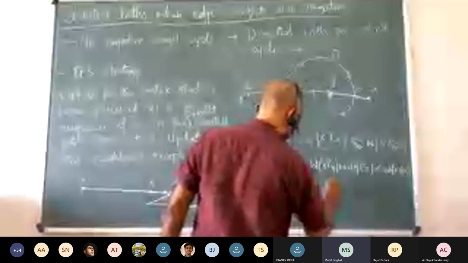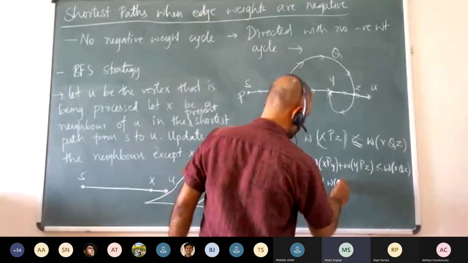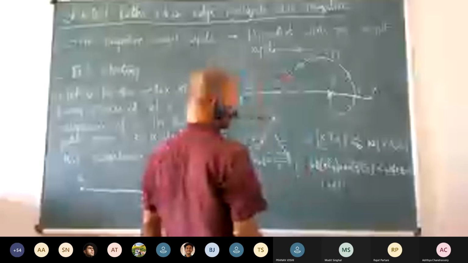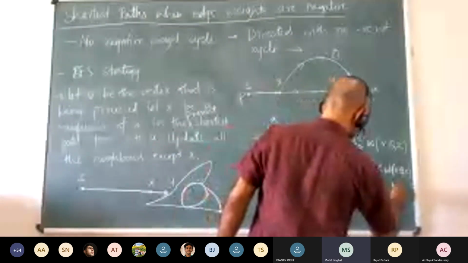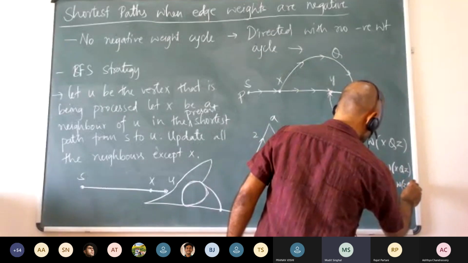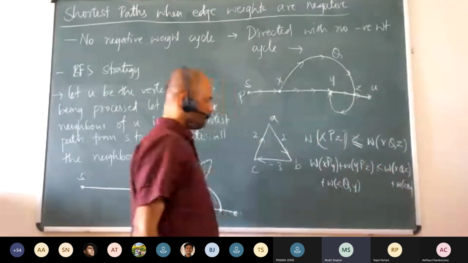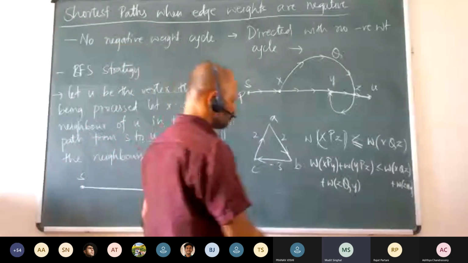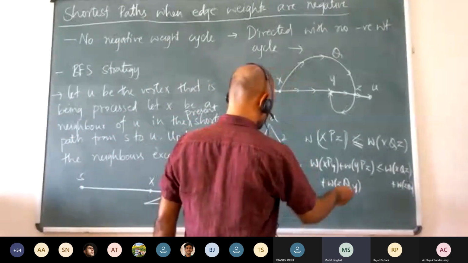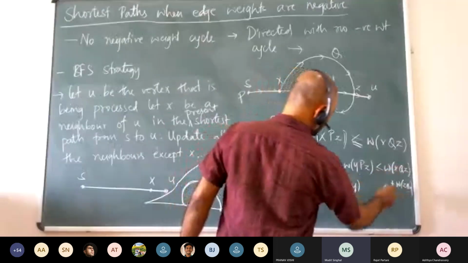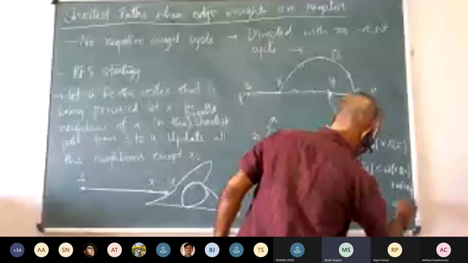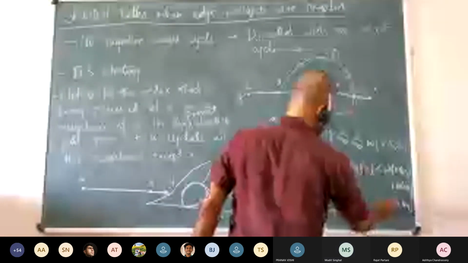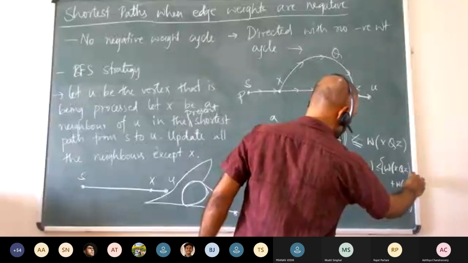So you add the weight of ZQY, since the path is Q. Here also the weight of ZQY. Now on the left hand side, XPY, YPZ and ZQY, this YPZ and ZQY is nothing but the weight of XQY. These two things together are basically equal to the weight of XQY.